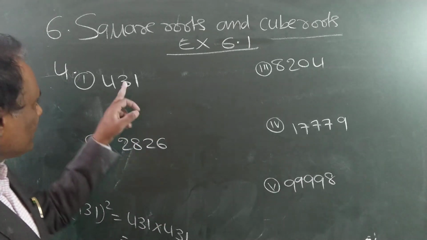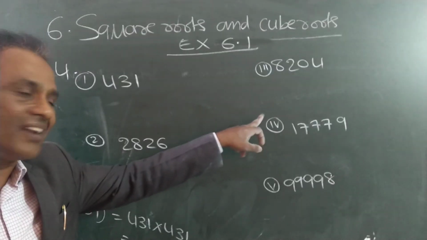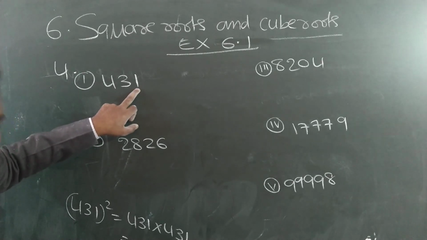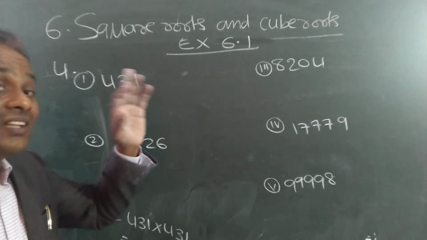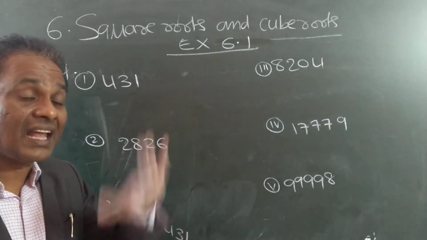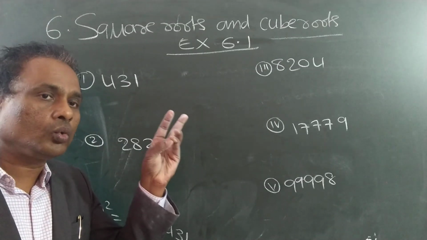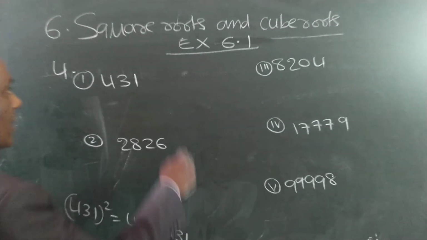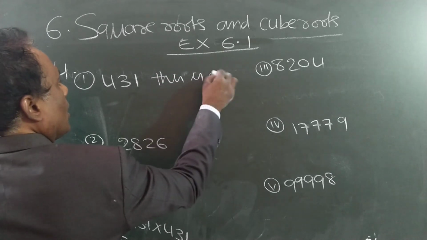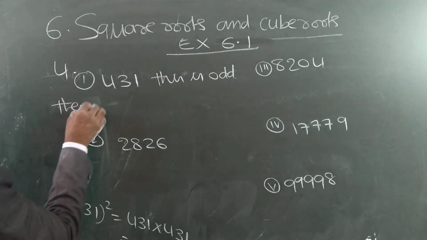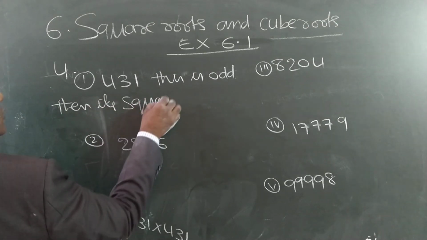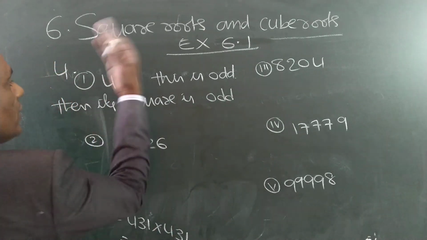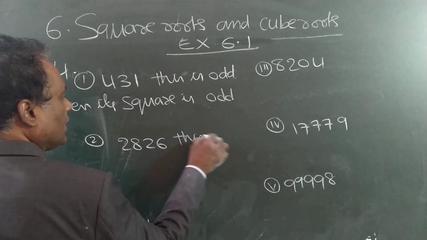I explained that if a number is odd, its square is also odd. If a number is even, its square is also even. Is this an odd number or an even number? This is an odd number. 1, 3, 5, 7, 9 are odd numbers. 2, 4, 6, 8, 0 are even numbers. So this is odd. Write down: this is odd, then its square is odd. This is even, then